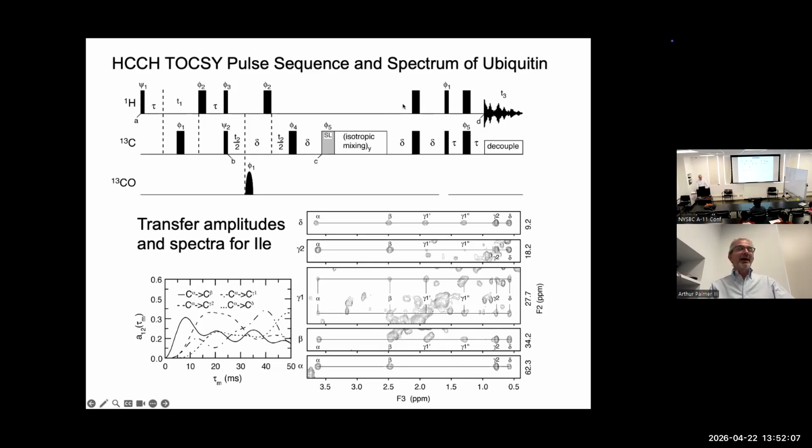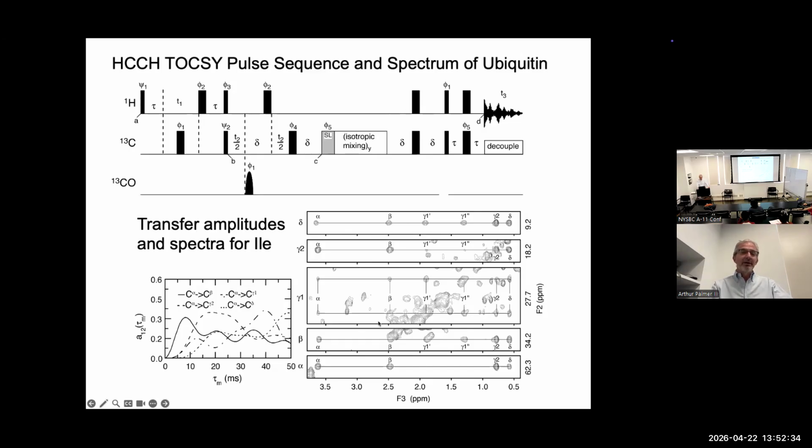In which case we would have the labeling of proton and carbon for the destination. And if we did both and had a 4D experiment, then we would have both hydrogen and carbon pairs labeled with their frequencies. And here's just an example then of the walk for the isoleucine along